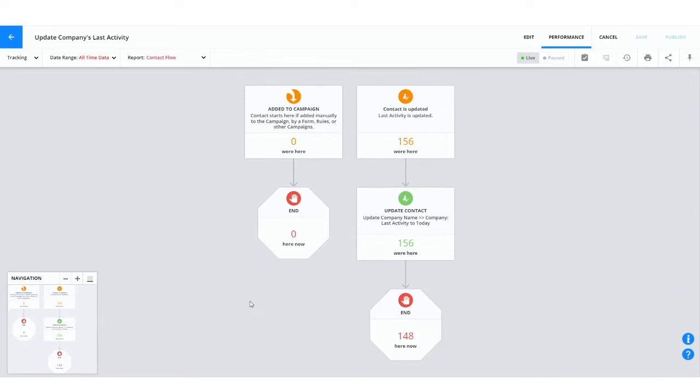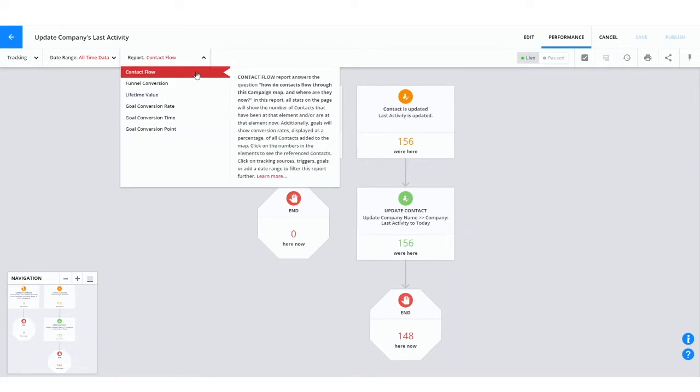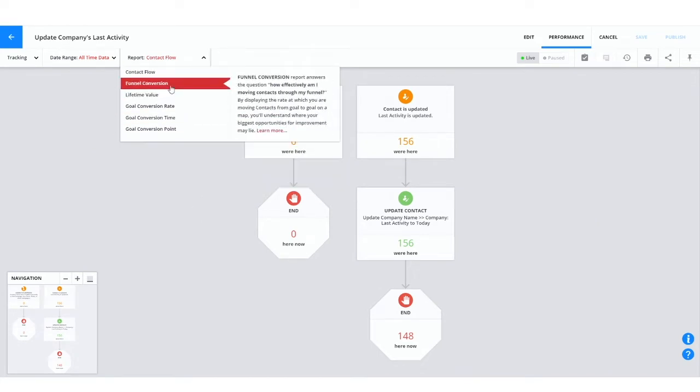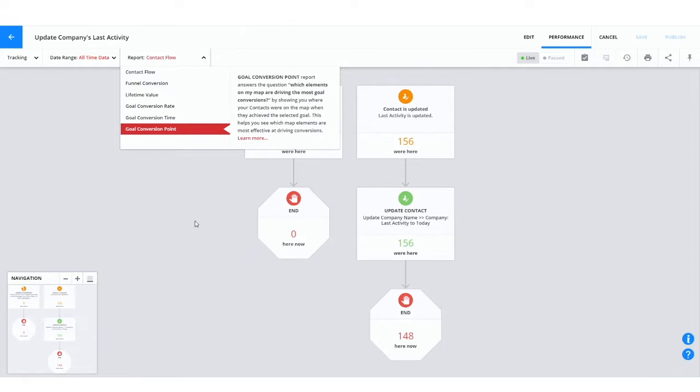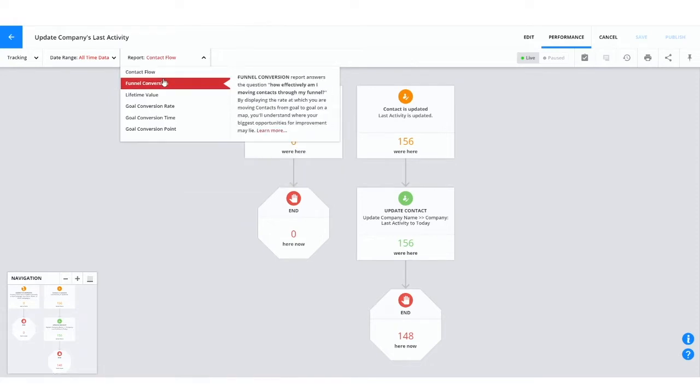So, the first thing to understand is that there's a bunch of reports here. And actually, you know what? I should add, maybe I'll skip to a different campaign when I get there. So there's a bunch of different reports here. There's 6 of them. And it's important to understand what all 6 of these reports do. And we've tried to clarify it by writing a paragraph about this, but